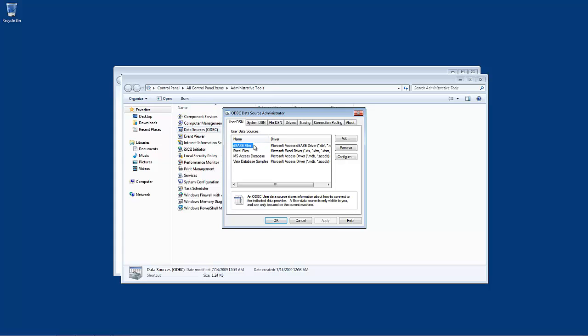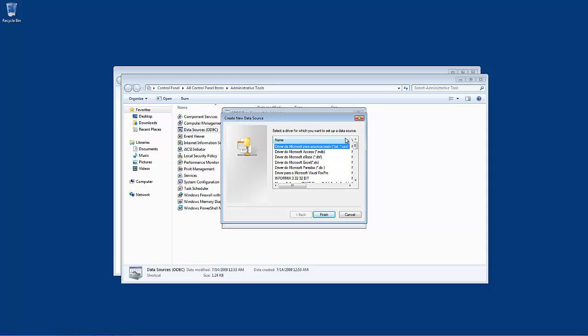That gives us a list of the data sources that are currently defined to this computer, and so we want to add the ODS database to that. So we're going to click the Add button, and from here we're asked to select a driver that we want to use for this data source. The driver that we're going to use is at the bottom of this list, so we scroll down to find